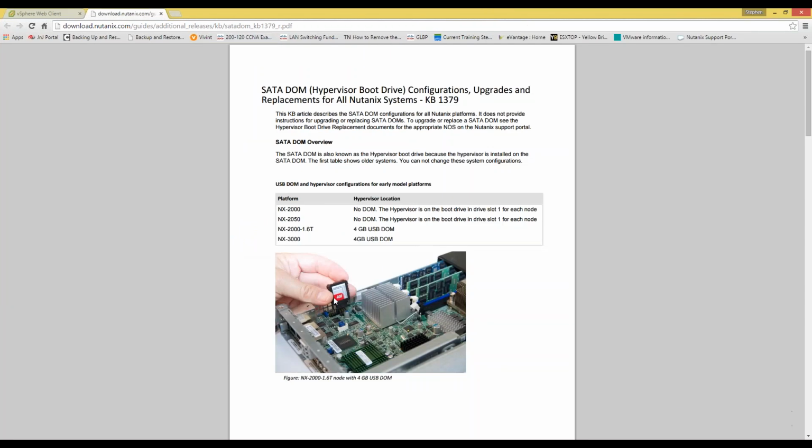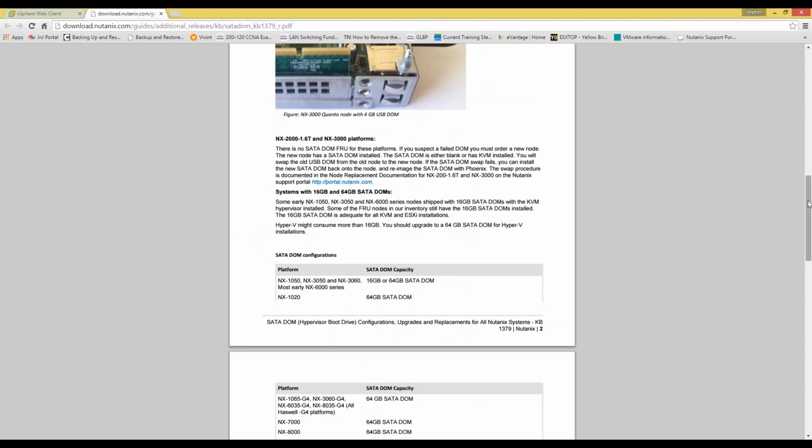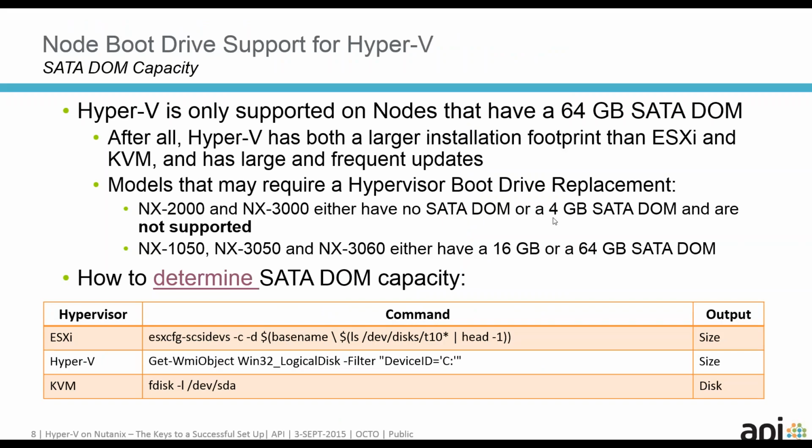Right. You can see it slides right on there. Now that is a 4 gigabyte SATA DOM. But up here, scroll up a little. Sorry, Jen. You can see it actually screwed into the motherboard. Yeah, it's interesting. If you pulled the node out of the block, you wouldn't even notice it because your eyes would be fixated on other things. Very small. So you can look at the actual hardware itself, or you could go back, minimize this, and run